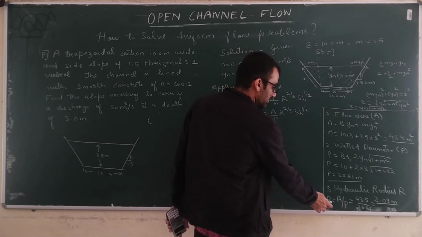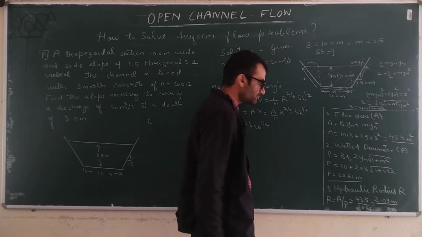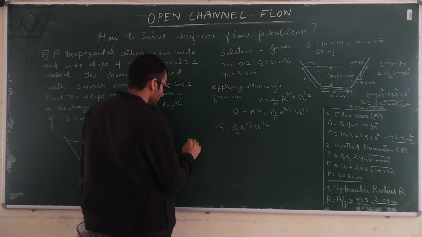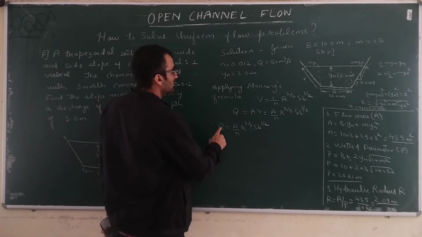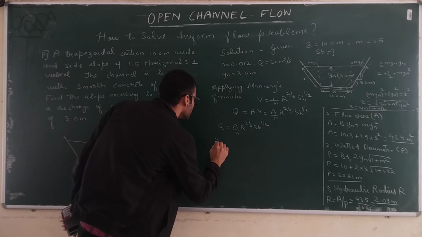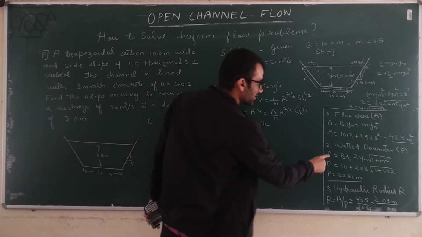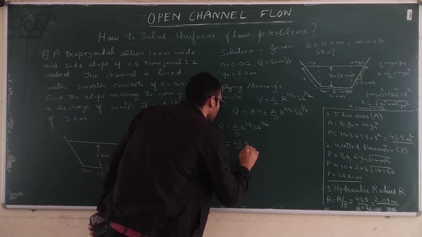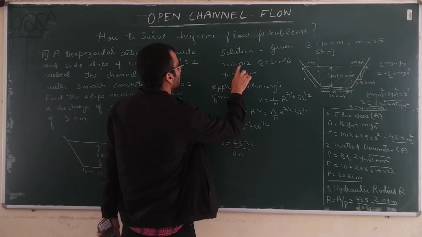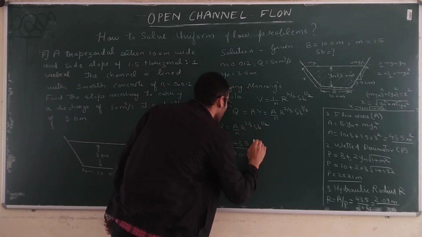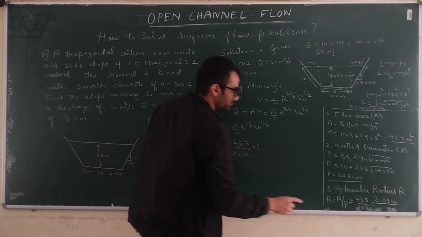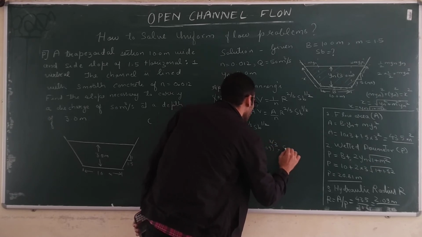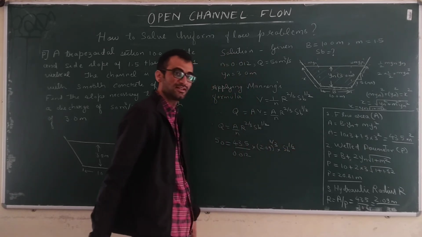So now once we calculate this hydraulic radius, flow area, etc., we can find out the bed slope here. So just put the values in the equation. What is the discharge? Discharge is given as 50. So 50 equals flow area, which we have calculated, 43.5, upon n is 0.012, into R, we know 2.09, to the power 2 by 3, into SB to the power 1 by 2. This is the unknown SB. So now we know all the values.